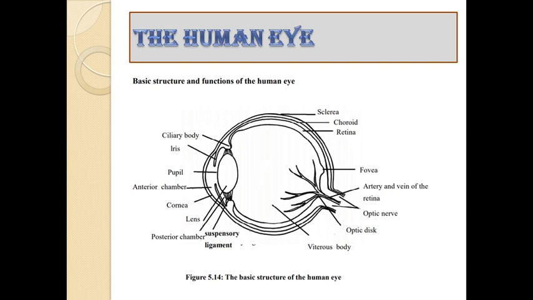Coming to the locations of all these parts, the sclera is the outermost layer of the eye posteriorly and laterally, and the cornea is the outermost layer anteriorly. Inner to the cornea we can find the iris, and the hole of the iris is called the pupil, and the eye lens is found immediately behind the pupil. For the middle vascular layer, the anterior continuation of the choroid is the ciliary body, and the anterior continuation of the ciliary body is the iris. The iris is found between the cornea and the eye lens, and as I said, the hole of the iris is called the pupil.